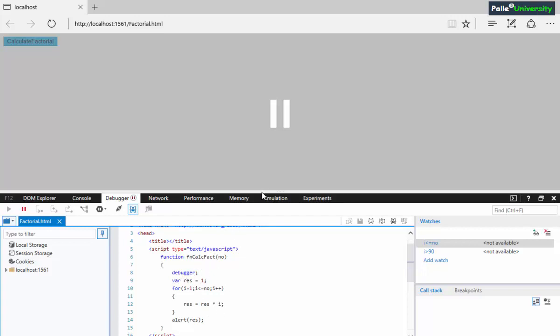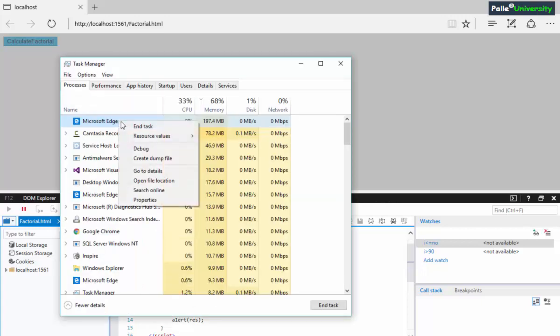You just observe. I think there is a delay. That is the reason why in most of the cases, because of this kind of delays only, I will not be using the Internet Explorer browser or Edge browser for debugging purposes. It is very slow. I don't know, my Edge browser is not responding. I'll close it. I am reopening my Edge browser.